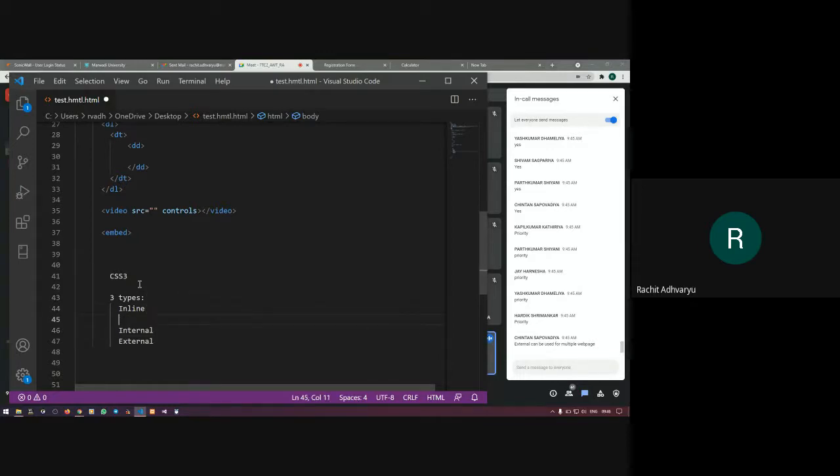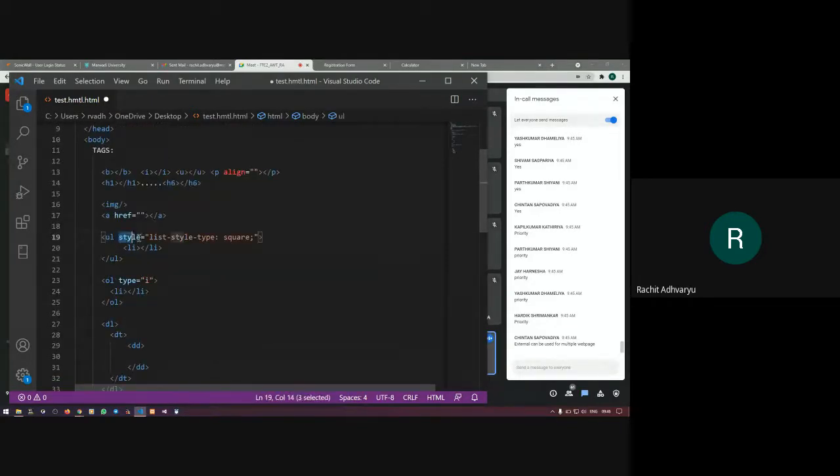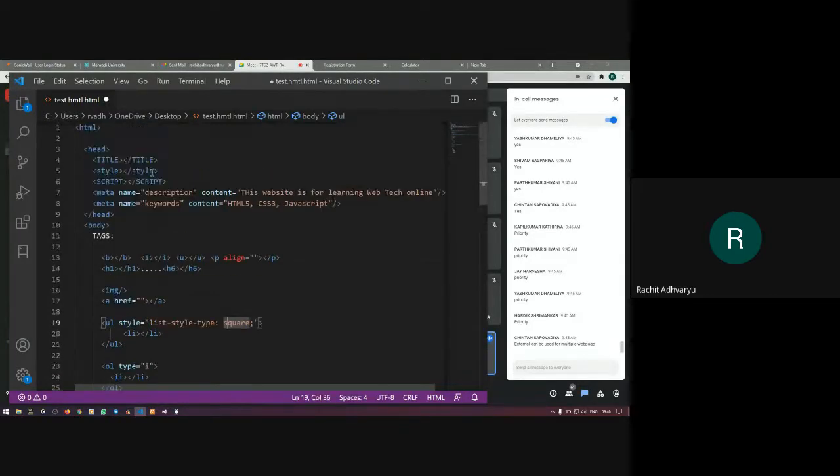So let's start with inline. Inline, we already said, is when in a tag you write a style property, that becomes an inline style sheet. This one is your inline, where we say style equals, we are changing the bullet style of a particular unordered list to square. Let's say I'm writing here a P tag, that is the paragraph tag, and I'm saying style equals.